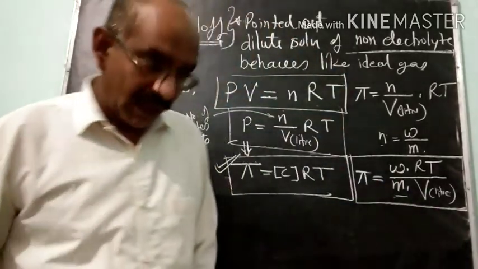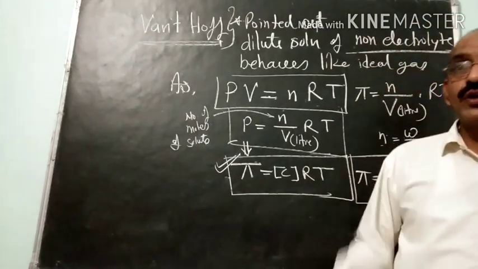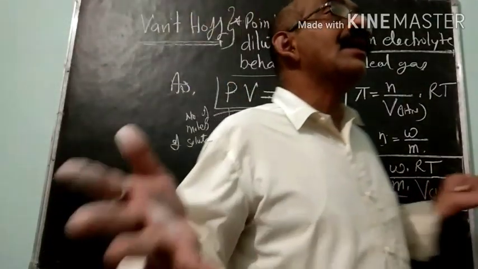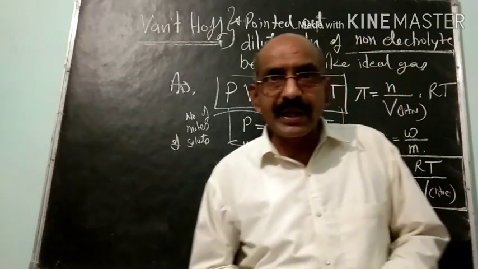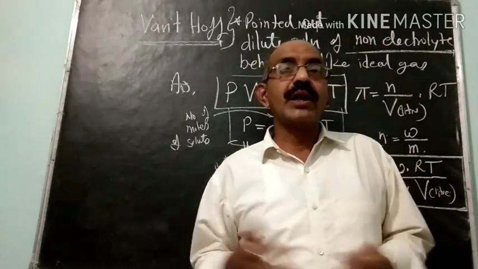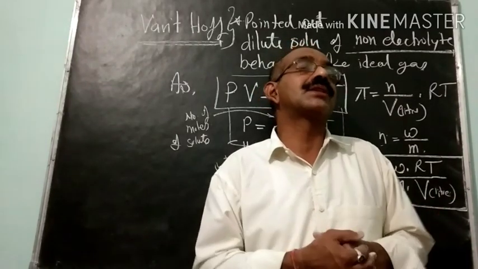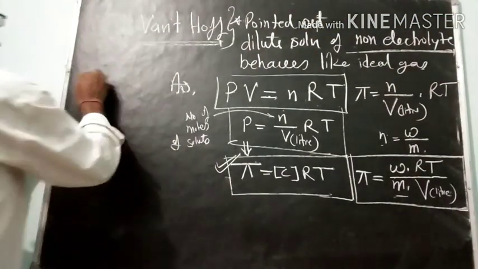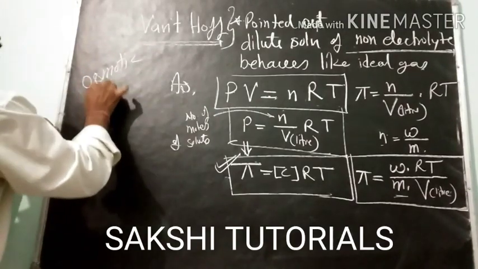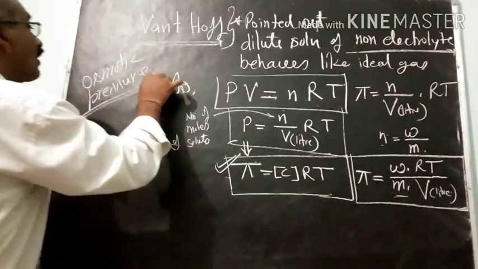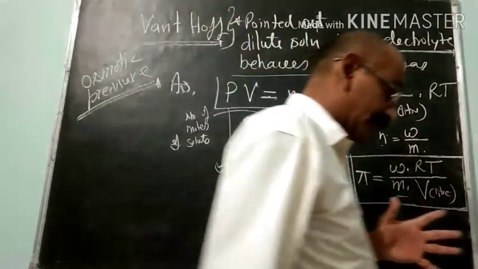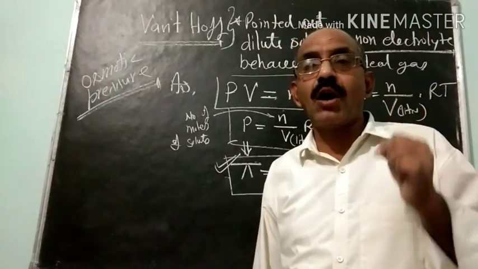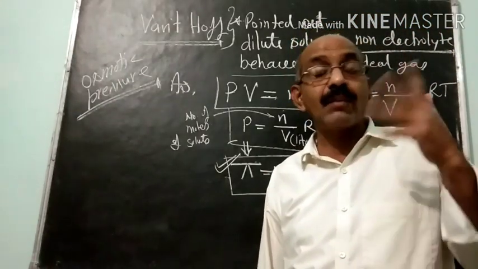So using this expression, we can determine the molecular mass of solute. Is it clear? One very important thing you must keep in mind: we are discussing many colligative properties, like relative lowering in vapor pressure, elevation in boiling point, depression in freezing point, and osmotic pressure. Out of these, osmotic pressure